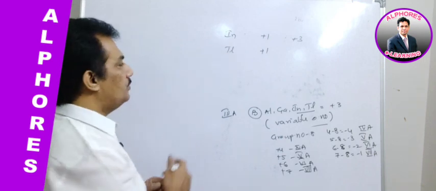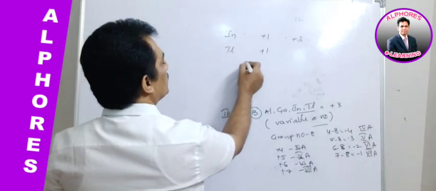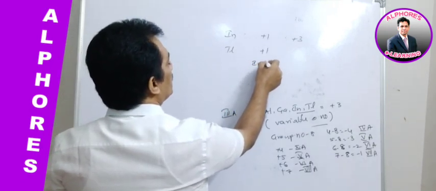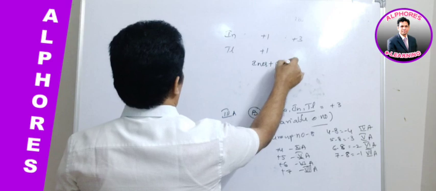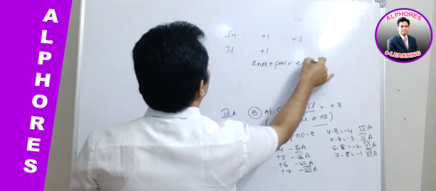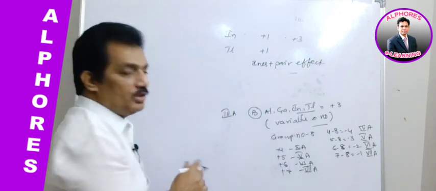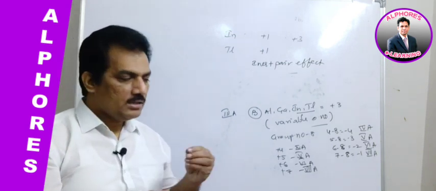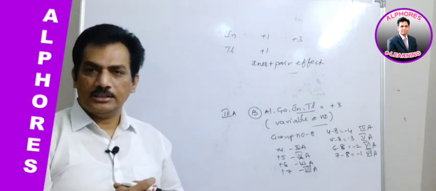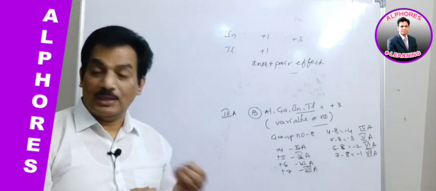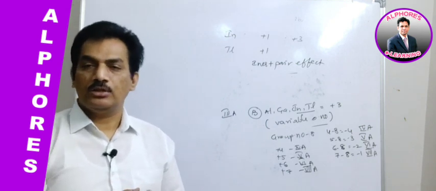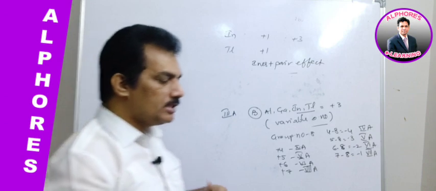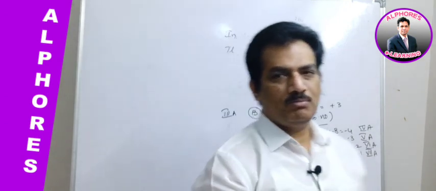Clear? And the reason for this, as already we discussed, is the inert pair effect. You will learn about this inert pair effect in the periodic table. You need not worry about that. But the reason you should remember is why thallium and indium are exhibiting +1 oxidation state in addition to +3. Actually, as per their group number, they should exhibit only +3.